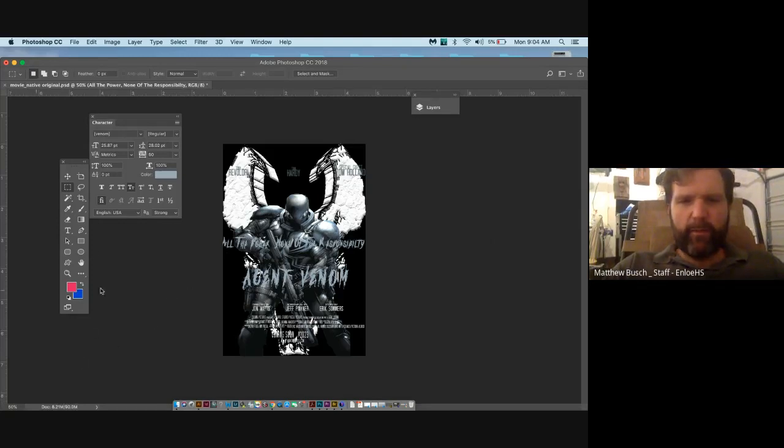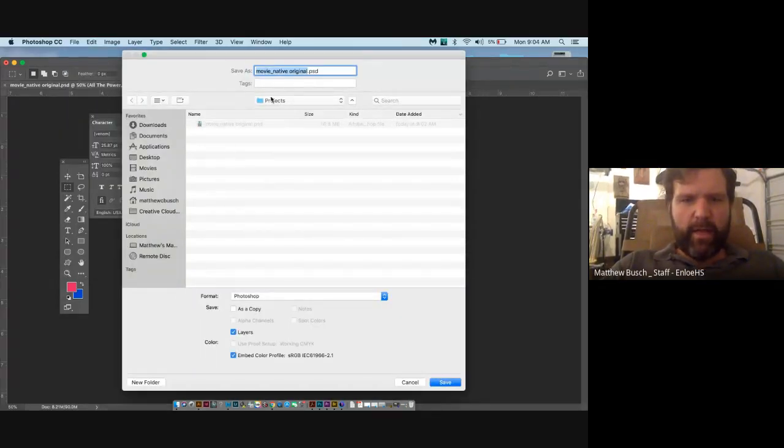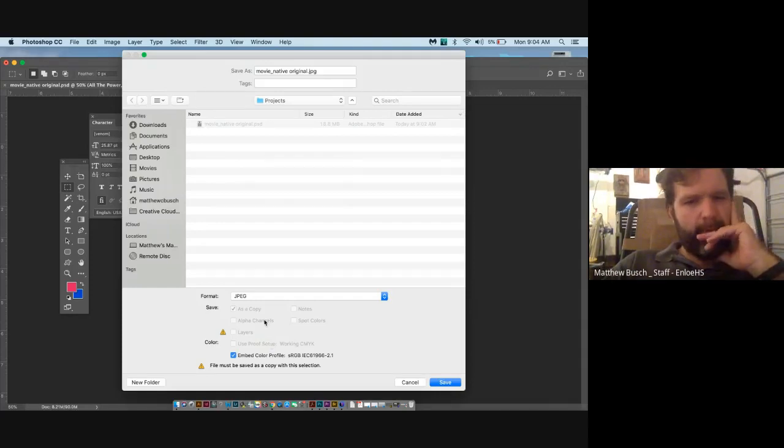And the reason it's still big is it's a Photoshop file. But if I go File, Save As, I want to make sure it's in my projects folder. I know that this is my native file here. I'm going to change this to JPEG. Does anybody know what JPEG stands for? It stands for Joint Photographic Experts Group. When the internet came out, that's what this was. But long story short, when I save it as a JPEG here,